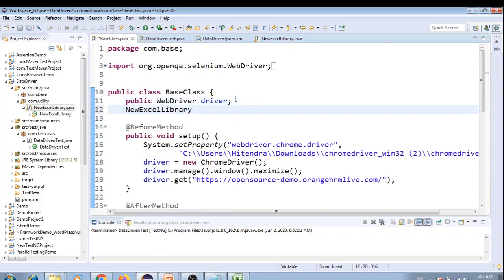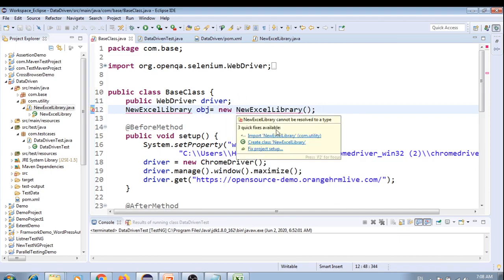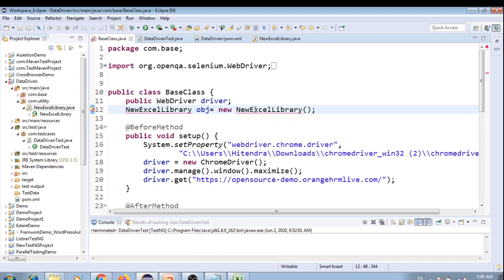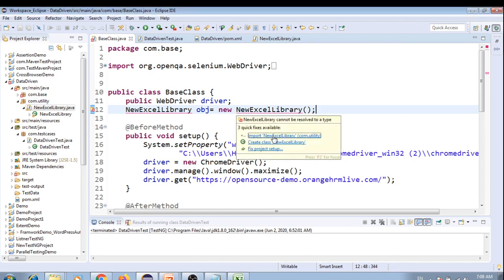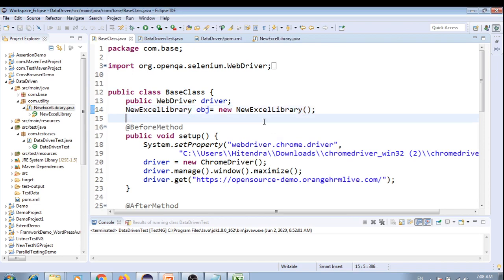At the top we can create obj, and we have to import this new Excel library from the com.utility package which we have created. So simply just import. Now our object is created for the Excel library and we can use all the methods which we need in our script. Okay,